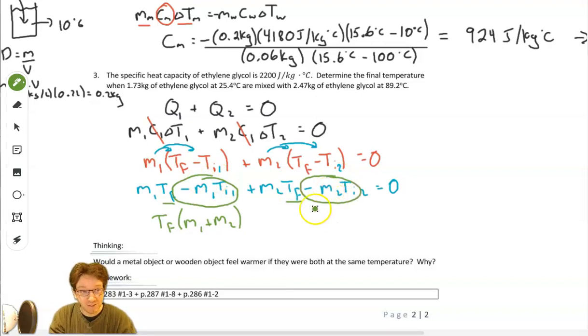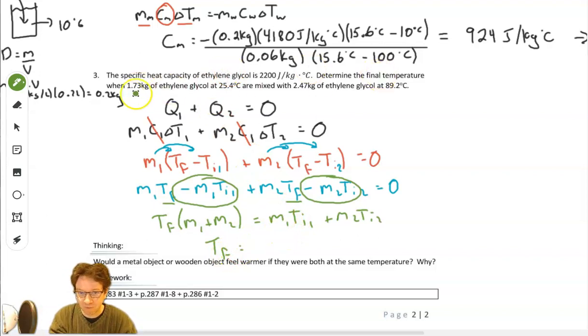I know those values, so I can bring them both to the other side of the equation, and they'll become positive. So we have M1 Ti1 plus M2 Ti2. And now I just divide both sides by this bracket, and I can get TF equal to, so M1,